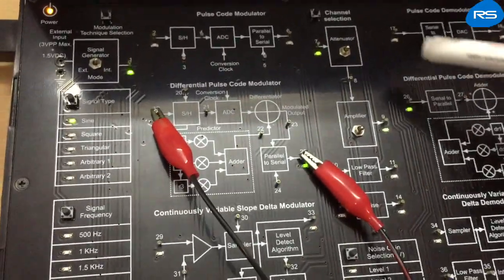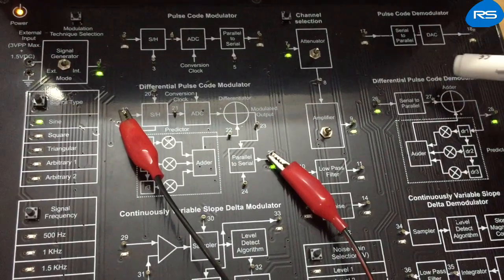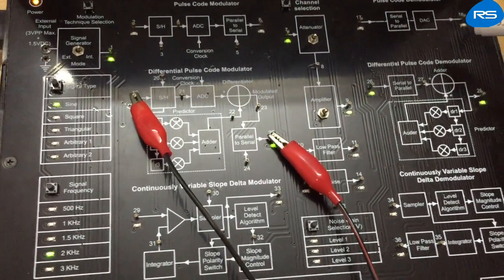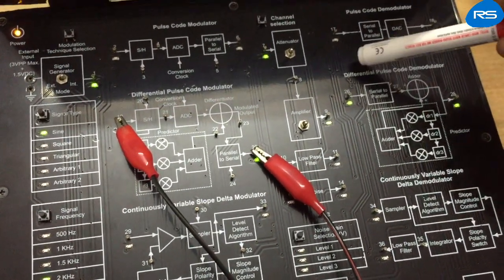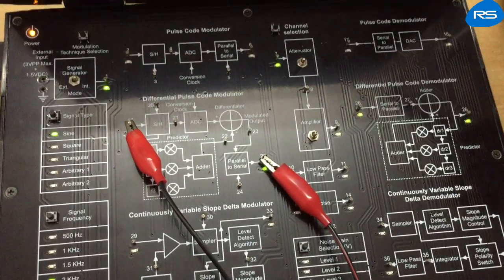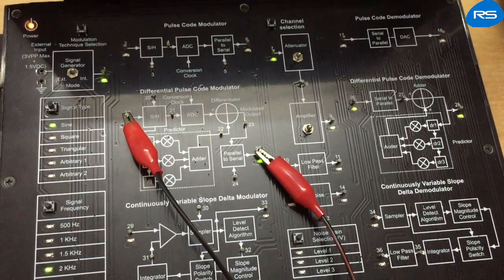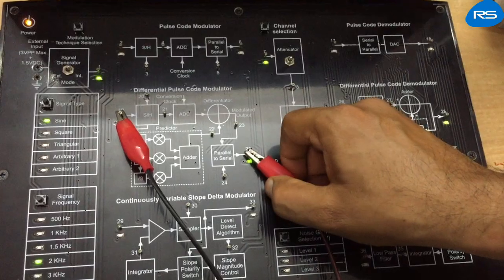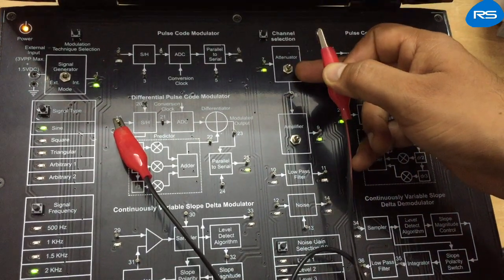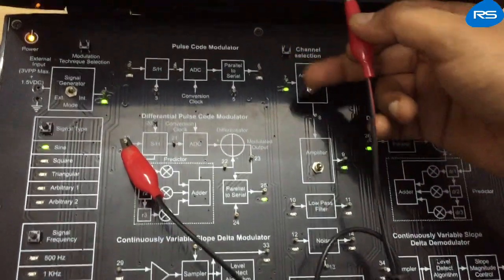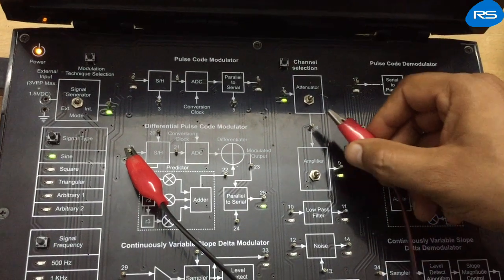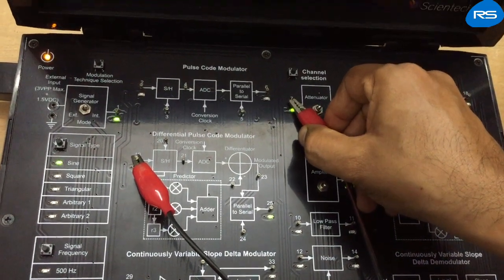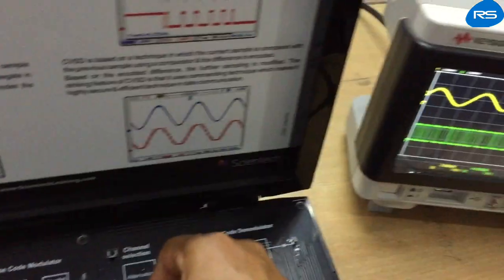Now this signal is to be transmitted via the channel up to the receiver, that is the differential pulse code demodulator circuit. So we have chosen this attenuator block from this channel selection knob. In the first case, let us observe the waveforms at various points.